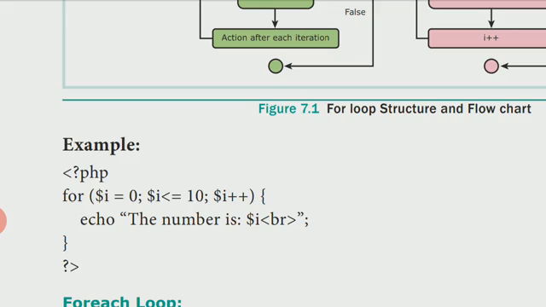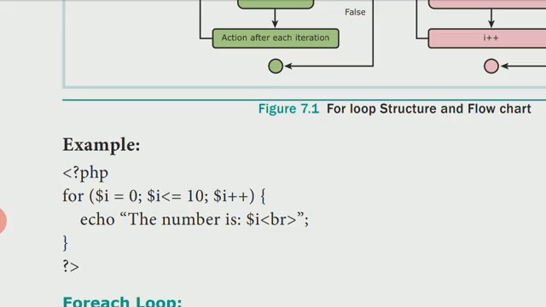Again it will do the increment. After that, i becomes 1. That i value will be checked against i less than or equal to 10. Then again it will do the print statement. After it is printed, again it will do the increment, then check the condition, and print the numbers again. Like that it will print until the number becomes 10, that is 10 times it will be printed.